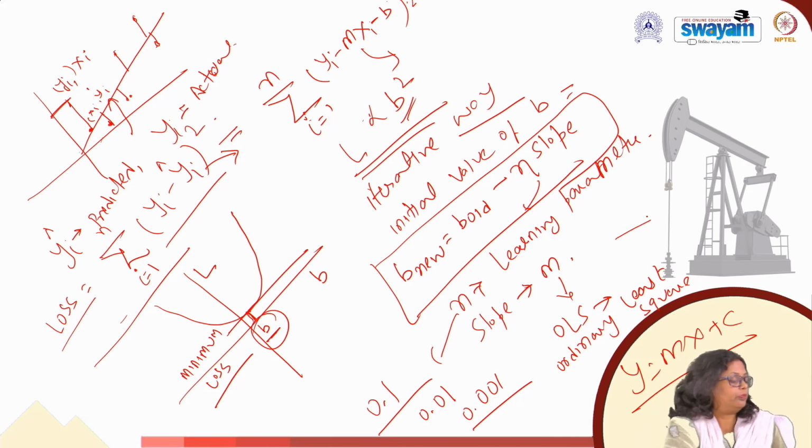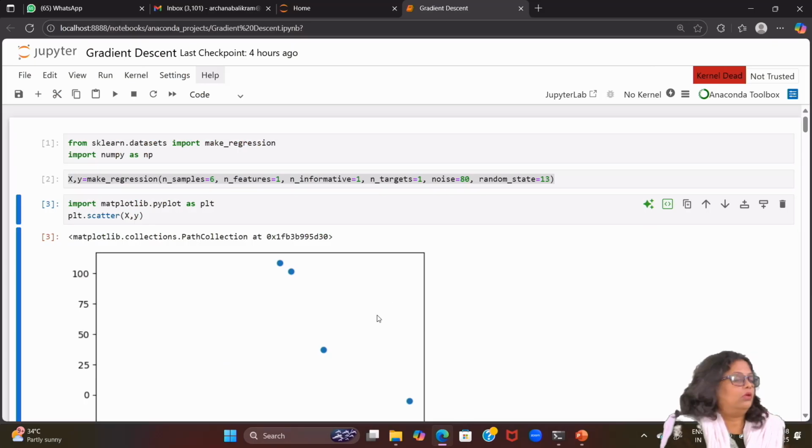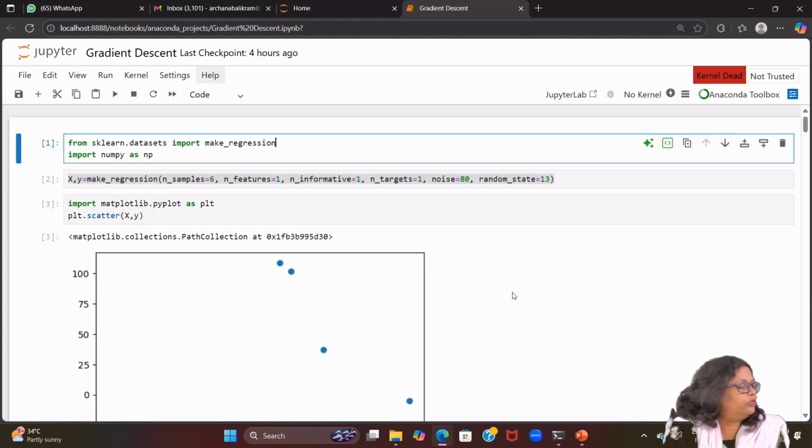So go back to the code window. You can see the code here. We are proceeding with gradient descent. First, from sklearn.datasets, we want to import make_regression.